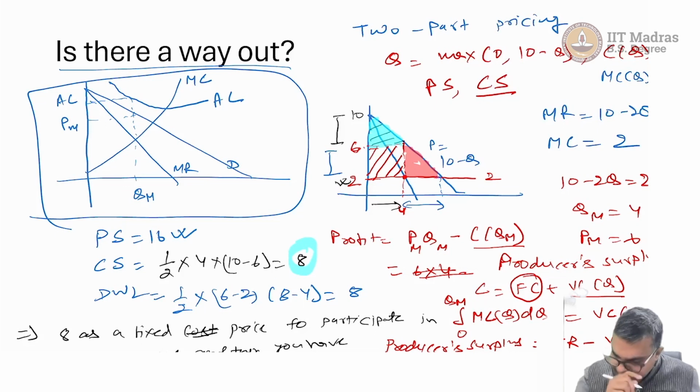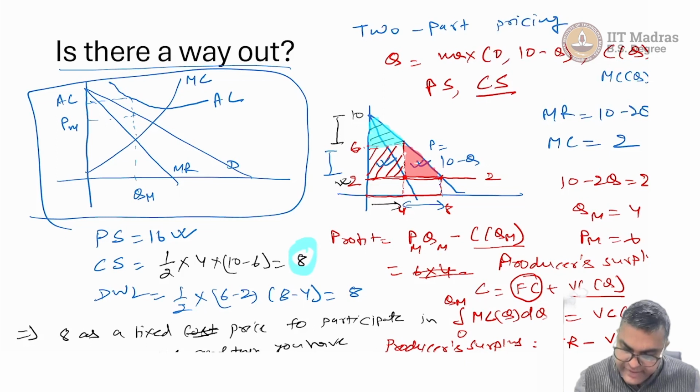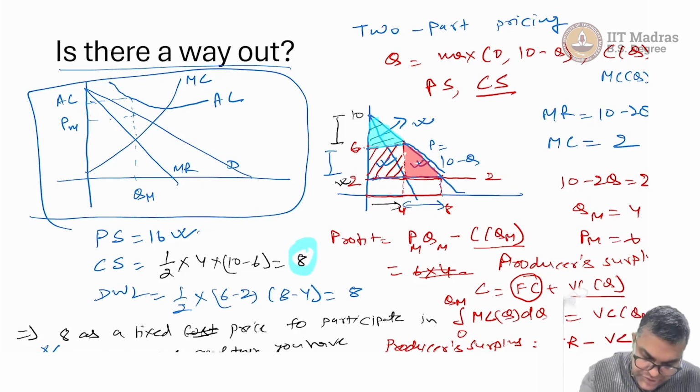So, they will pay this 8 and then, because 2 is the cost, they will go up to this point to purchase, because everyone here can purchase. So, the total units bought is going to be this much, and in that case the surplus to the monopolist is going to be equal to this area as well as this area, and this area the monopolist will get as the fixed price in the beginning to participate in the process. So, the monopolist will get 8 from here, and then this area that we have calculated, which is equal to 16, plus this is again 8. So, the total that will accrue to the monopolist is going to be 32,